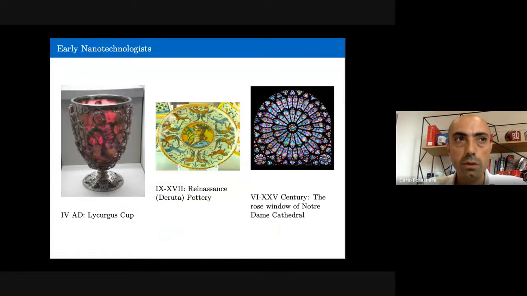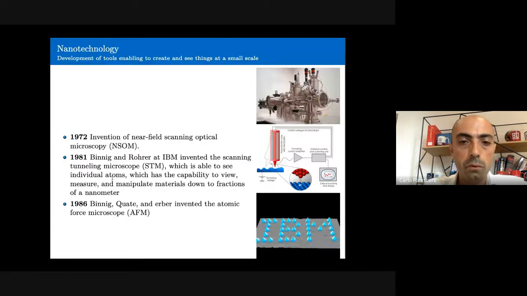Nanotechnology is actually a very old thing. A lot of ancient civilizations knew how to use very small particles, or nanoparticles, to make very nice pieces of art. So for instance, Romans, or Italians during the Renaissance, or French people even during the Middle Ages, were able to use gold or silver nanoparticles inside different materials in order to make these pieces of art very bright, very beautiful. But